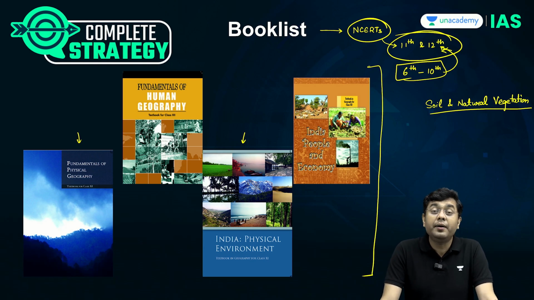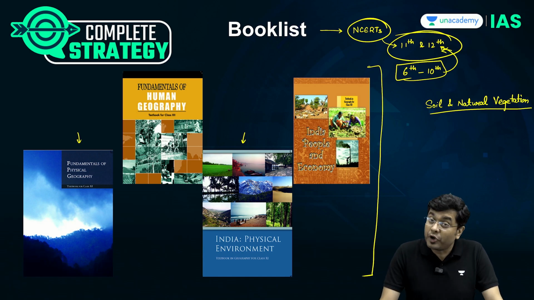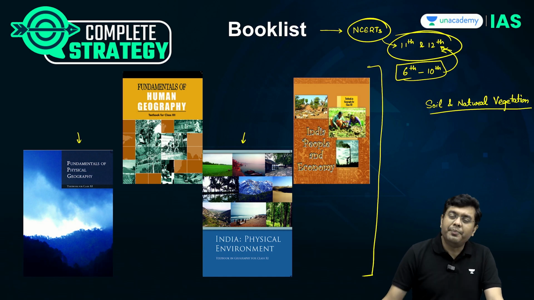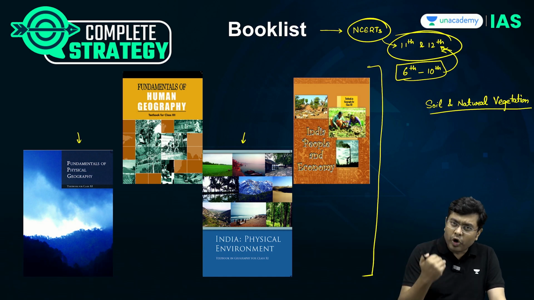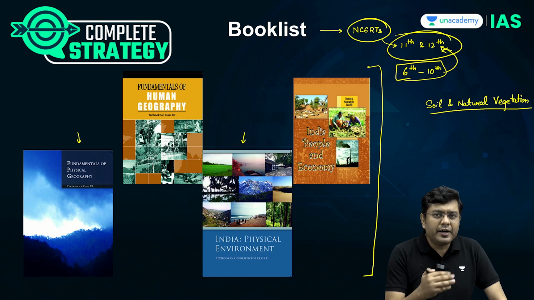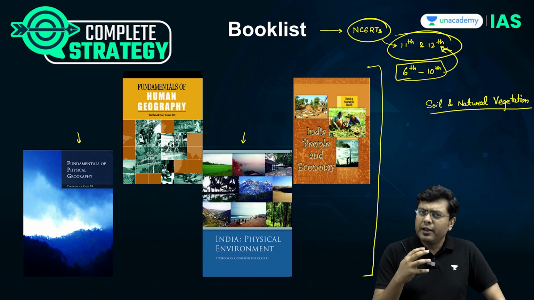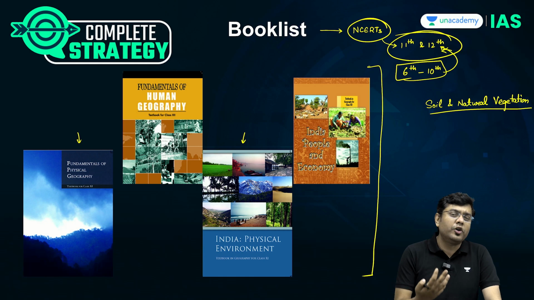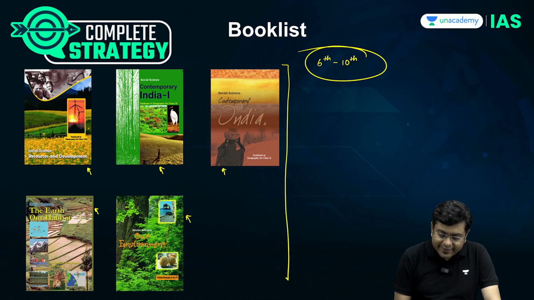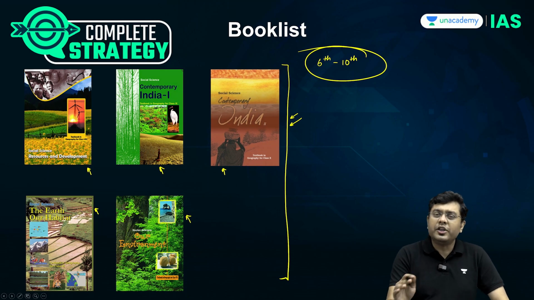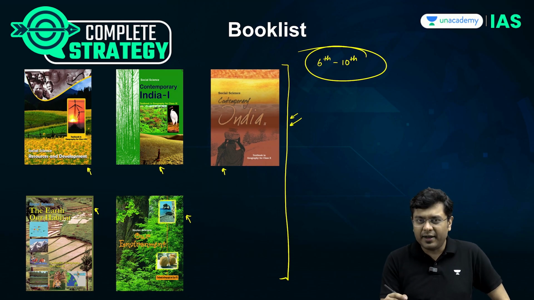And what is there in the portion of human and economic geography? So when we talk about industrial location, when we talk about agriculture, when we talk about population, settlement, that is something included in the portion of the economic and human geography relevant from the Indian context. Here, the world context takes a backseat and the Indian context drives it forward. So this should be your target study material. If not understood, then this is the material that should be your fallback option. After that, graduate into the 11th and 12th class NCERTs.